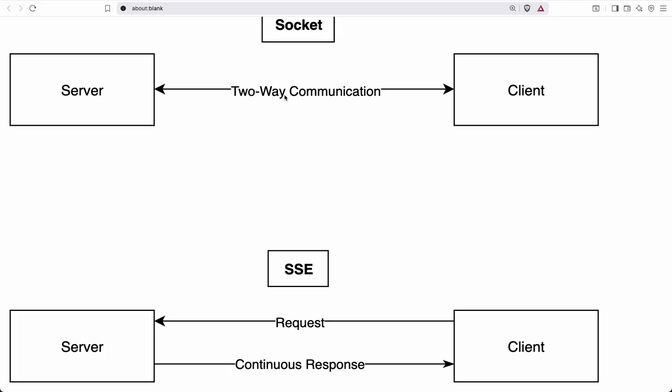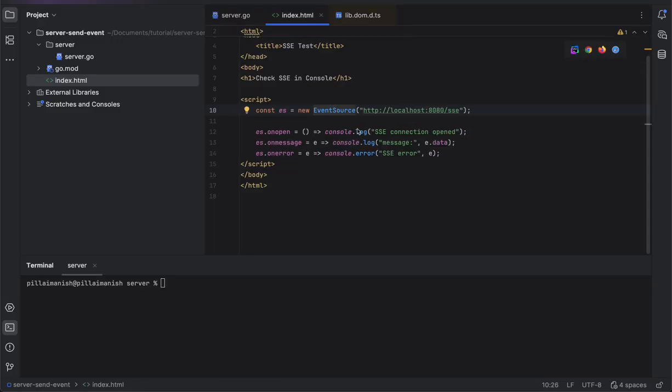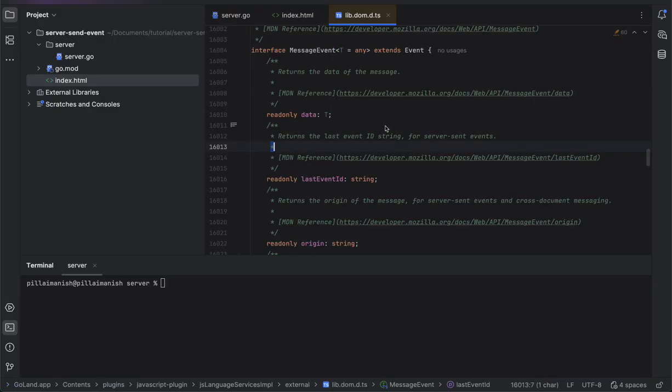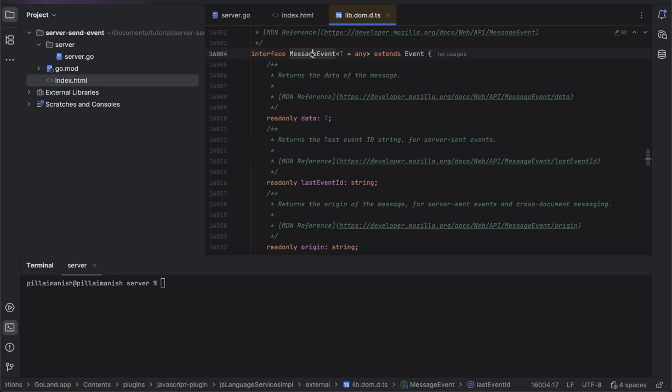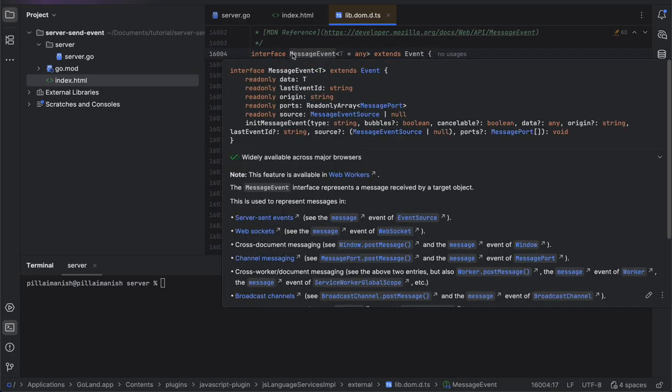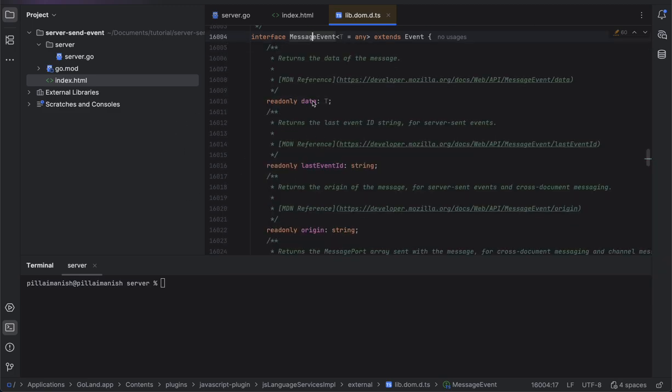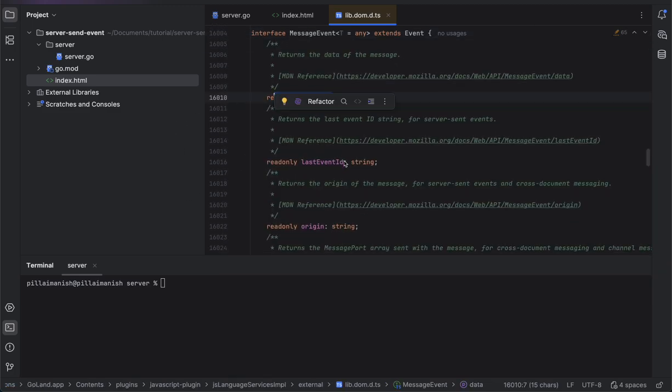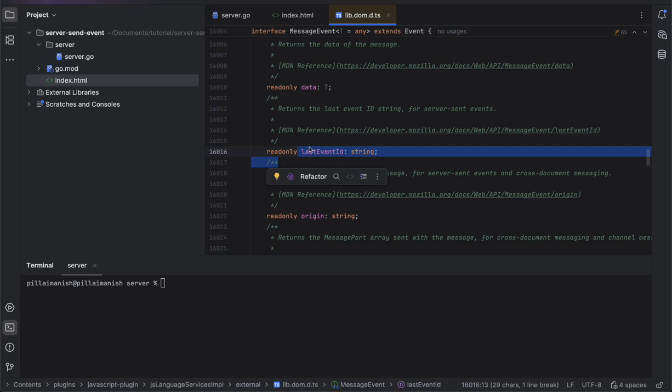Basically, I have to set the data in my server so it would be able to read it as it is. Coming back to my code, if I check data, I have a specific message event struct or field set. We can set the data and the last event ID. This is basically for retry.